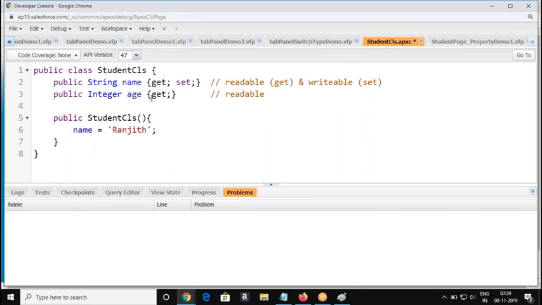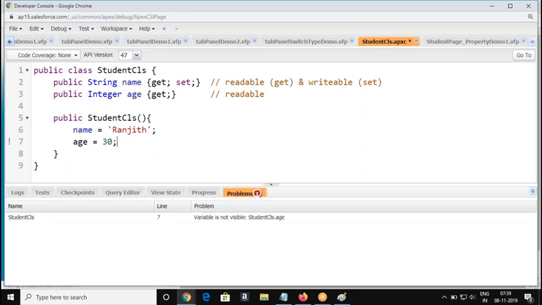Now the age is just declared as a get, so I can read the variable. But now I'm trying to assign some value. So what is the error? The variable is not visible for writing operation.